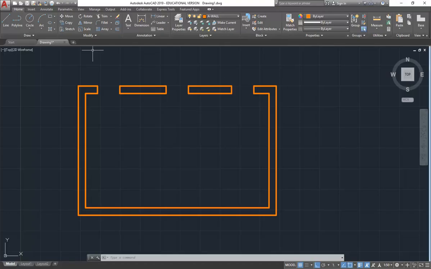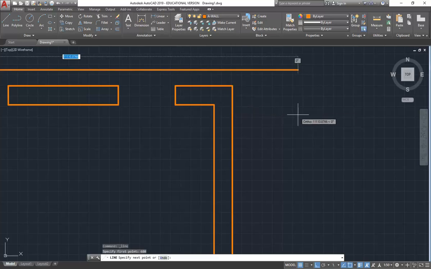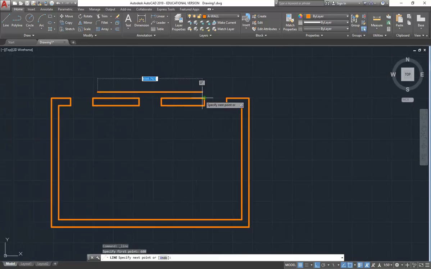Okay, so I'm going to draw using the line tool. I'm just going to move my cursor onto that point, and then without clicking, move the cursor down, and you can see it's highlighted that corner point. That's called a blip. It's the technical term. And so if you see that blip, then you can type in a measurement, and I'm going to type that measurement, 680, enter, and it should pick up that point and move down from there,